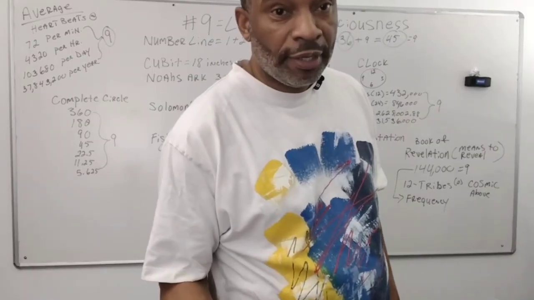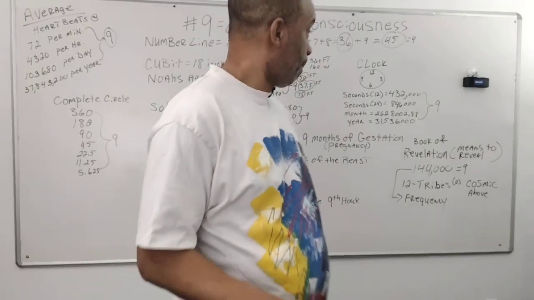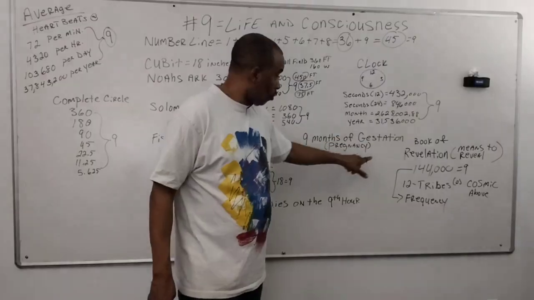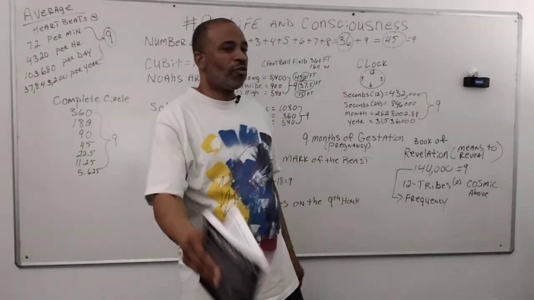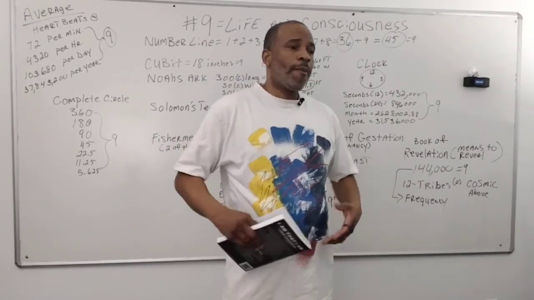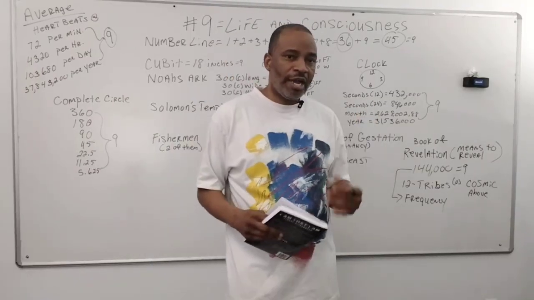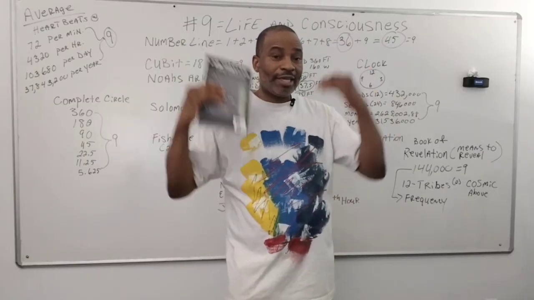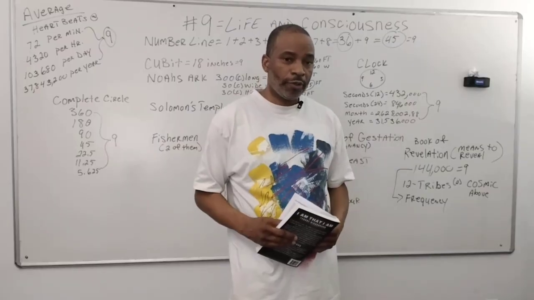They're not going to teach you this in school, man. In Sunday school, Bible study, nor the church. You're not going to get this, all right? We have 9 months of gestation or pregnancy. The book of Revelation is not a book based on death, murder, the end of the world. The book of Revelation is a book that reveals everything that has taken place within your mind from Genesis up until that point. Genesis is the beginning of how your mind came into existence. Revelation is revealing everything that you've taken in up to that point.